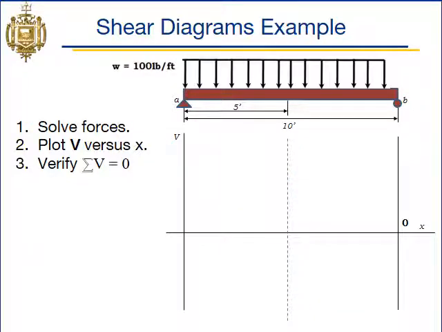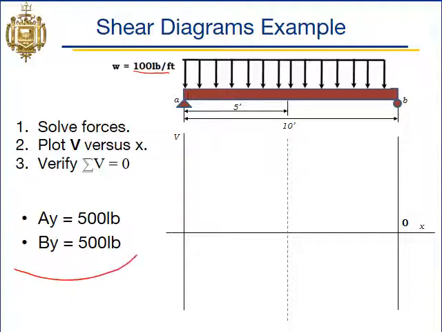All right, so that last question was, what happens when you have a distributed load? We'll go through that real quick. In this one, we have a distributed load that's 100 pounds per foot instead of that 1 point load that was 1,000 pounds. If we solve for our reactions, we would still get the same reactions, AY and BY both equal to 500. So we'll put those on our